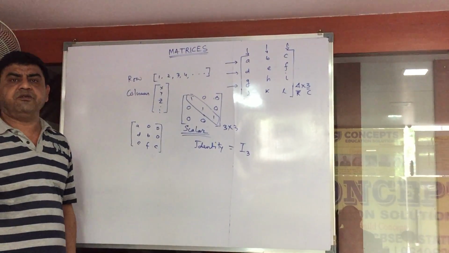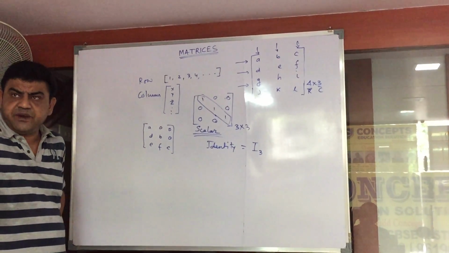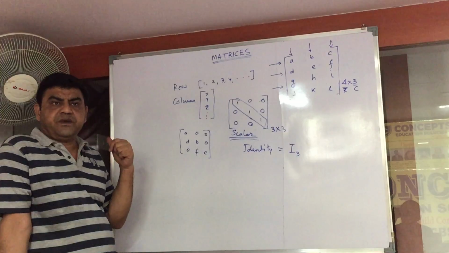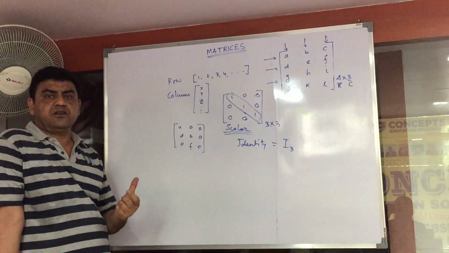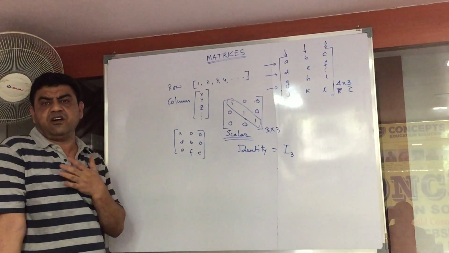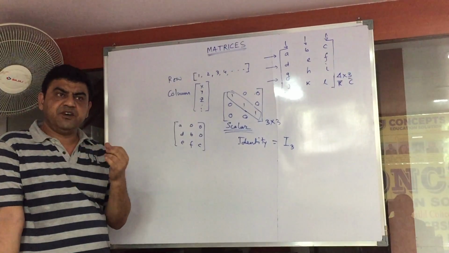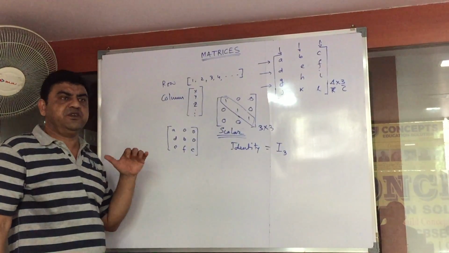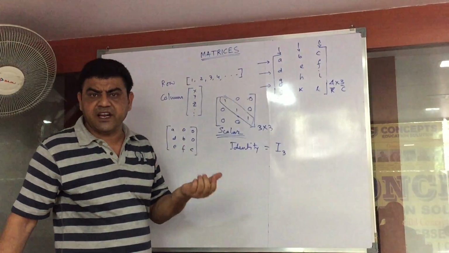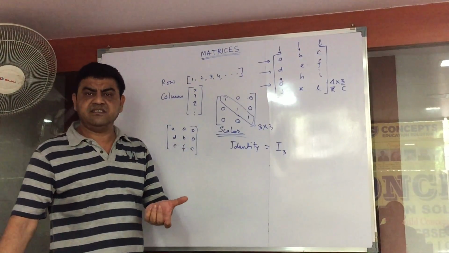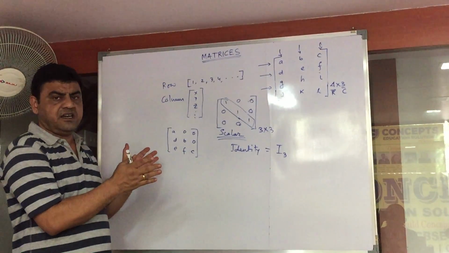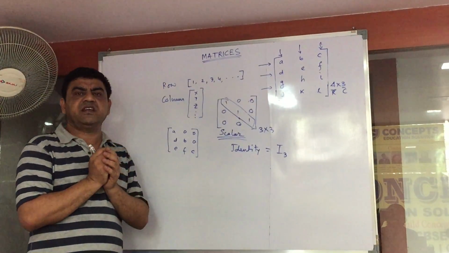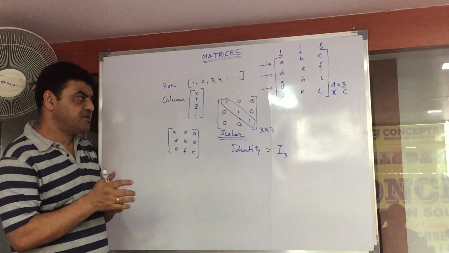Now we will be talking of some of the algebraic operations of matrices. Matrix operations, first thing is to talk about equality of two matrices. Whenever we want to compare two things, we can compare apple to apple, not apple to anything else. Exactly the same thing goes here. Comparing two matrices means they have to be identical in all respects.